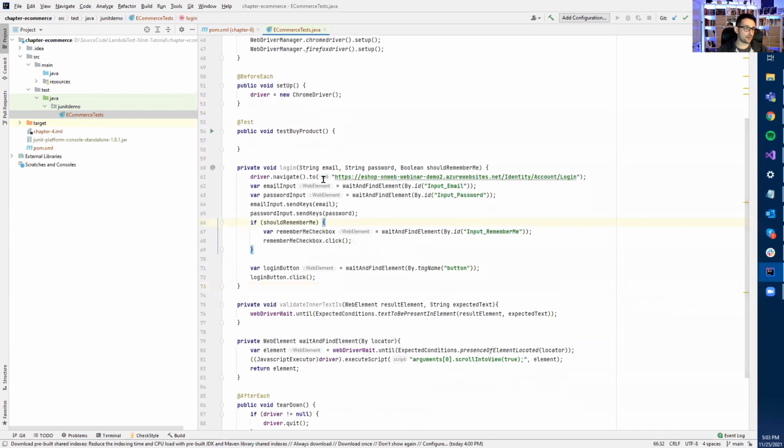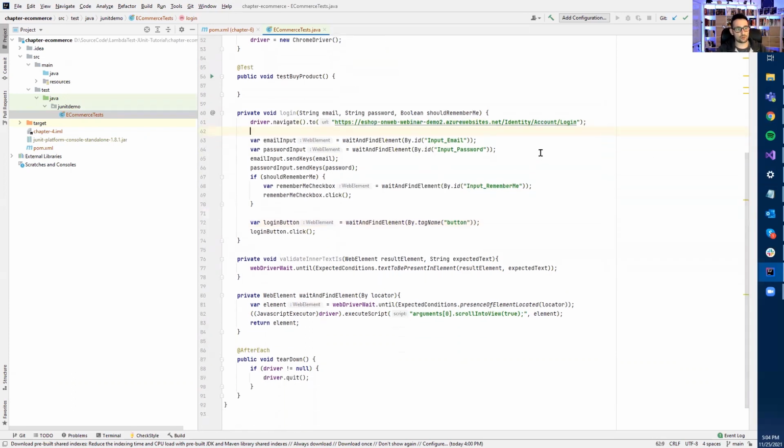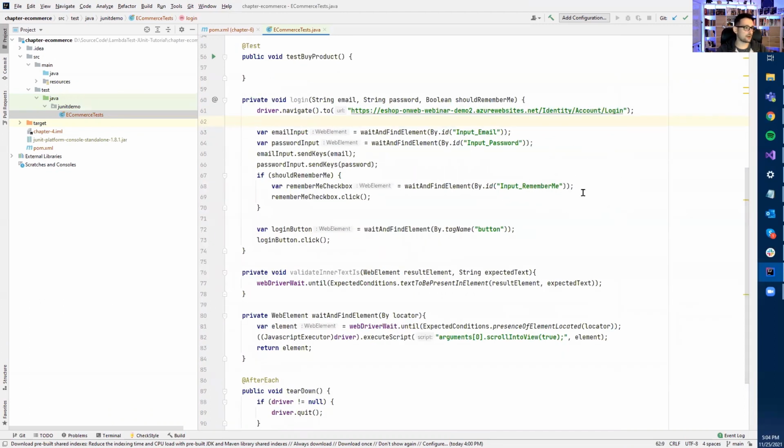So this is the login method. First, we have two parameters. Of course, you can watch later on. There will be a chapter about page objects in JUnit soon. Basically, the best way here is to use some design patterns to group the code. But for now, for simplicity, for you to understand, I'm going to use plain Selenium directly without any